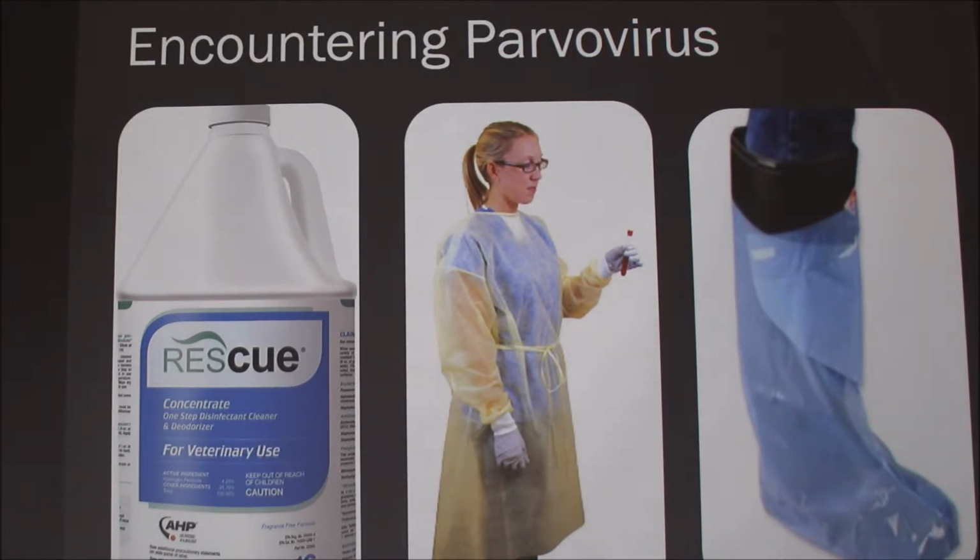Since it's a pretty bad infection, and we don't want to spread it to our other patients, we use Rescue, which is a pretty strong disinfectant that can actually kill parvovirus. We usually douse towels in this and set it on the floor in front of an appointment room, and then step on that once we leave an appointment room that we know has potential parvovirus in it. Now it says the active ingredient is hydrogen peroxide. Yeah, I was actually surprised about that. It's such a common ingredient. Yeah, it is. And then it says other ingredients. It's 4.25% hydrogen peroxide and 95.75% other. I wish they would say like water or